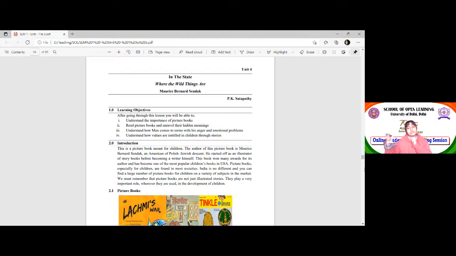So the book that we are going to look at is Where the Wild Things Are. This is a beautiful picture book by Maurice Bernard Sendak, and when you see the gist and the summary of the book given here, you're going to thoroughly enjoy it. So this picture book that we are going to have as the reading for this particular unit is meant for children, and it is written by someone who has an American Polish Jewish